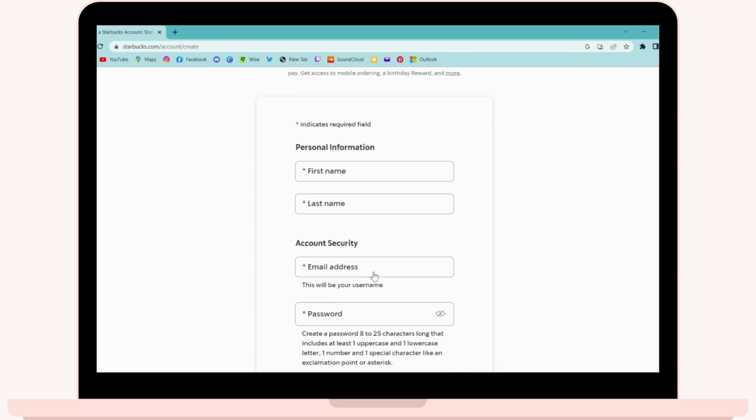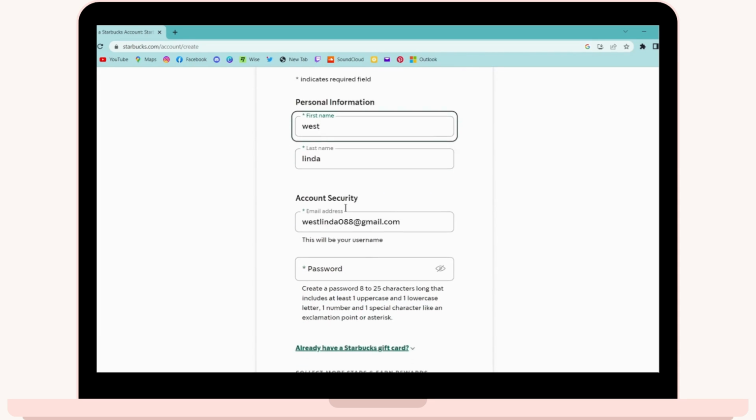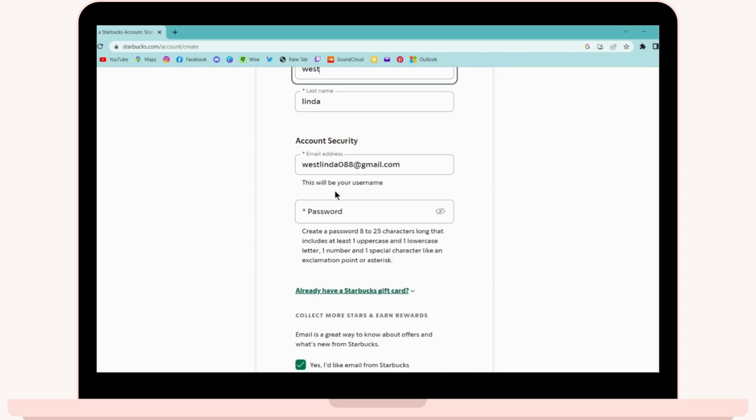And here you have to first enter your personal information, like you have to enter your first and last name. And after entering that, for your account security, you have to enter your email address. After entering your email address, you have to enter your password, and password must be at least 8 to 25